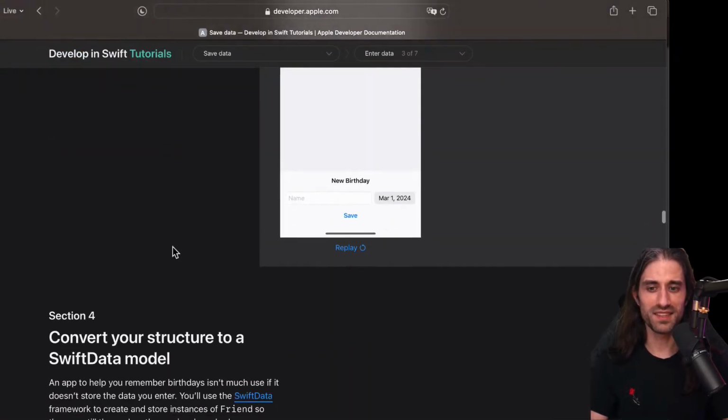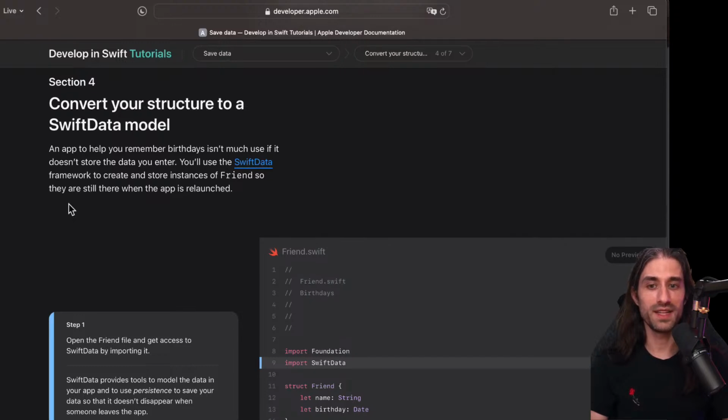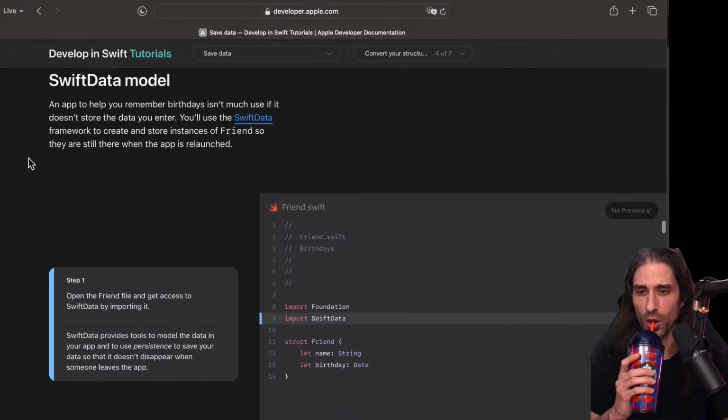Next section is going to be about how to convert the struct to a SwiftUI data model. So how do we convert this simple struct into a data model that can be persisted using Swift Data? So an app to help you remember birthdays isn't much use if it doesn't store the data you enter. We're going to use the Swift Data framework to create and store instances of friends so they are still there when the app is relaunched.